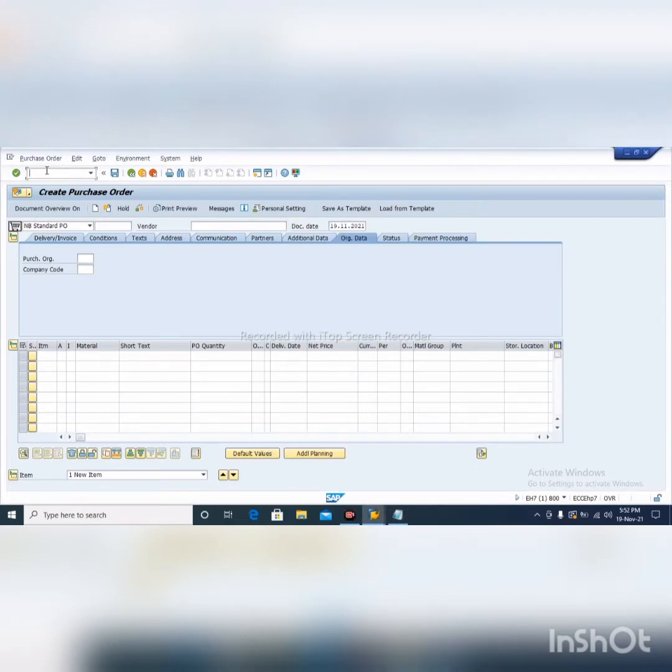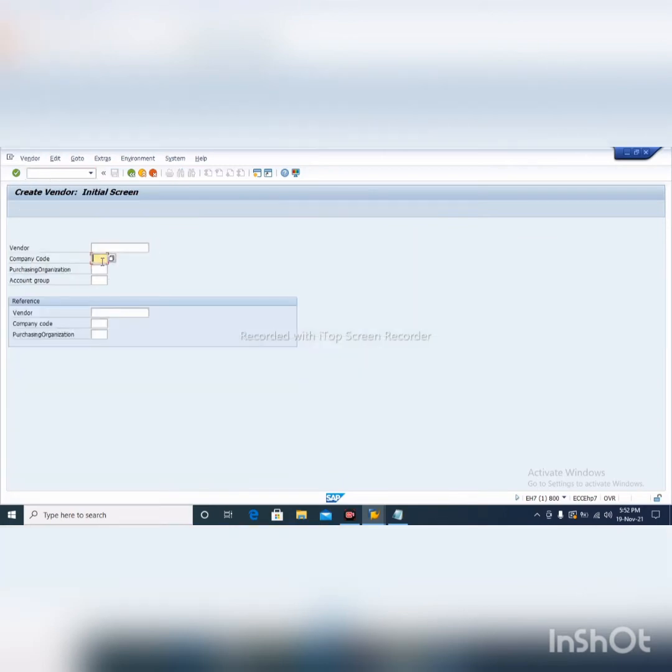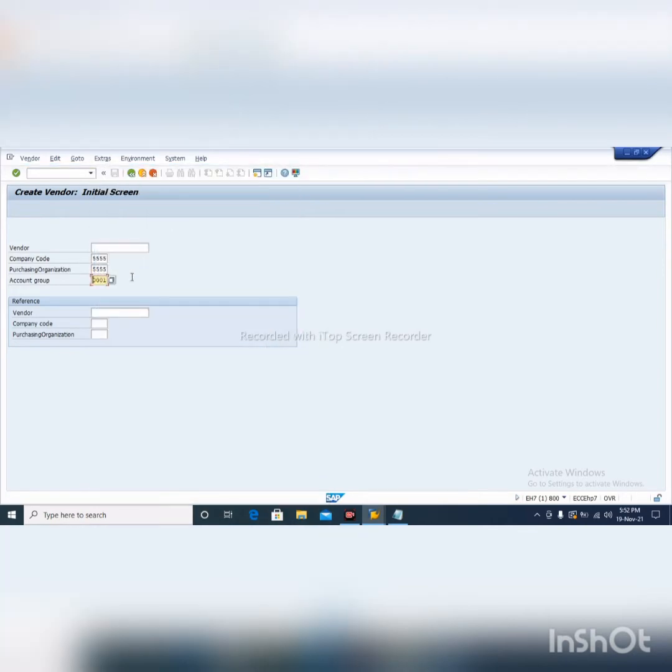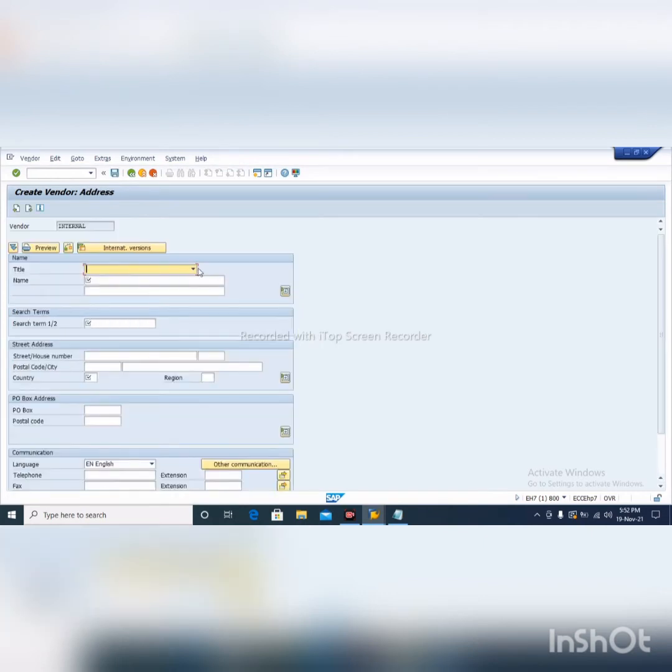For creating a new vendor, the T-code is /NXK01. Here I give my company code. My company code is 555. Give purchase organization, and here I give my account group. Okay, this is vendor. Now click on enter, then give the title. Here provide the vendor name,